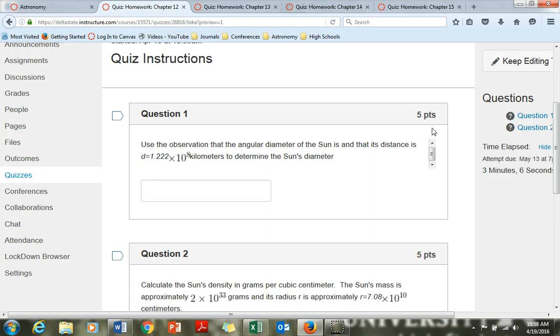So I'm going to have to edit that shortly. All right. So diameter is half a degree. Distance is 1.22 times 10 to the 8 kilometers. And its angular diameter, alpha, is 0.5 degrees. And the formula we have